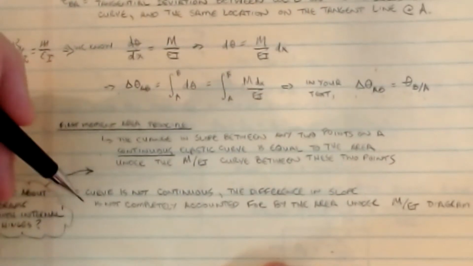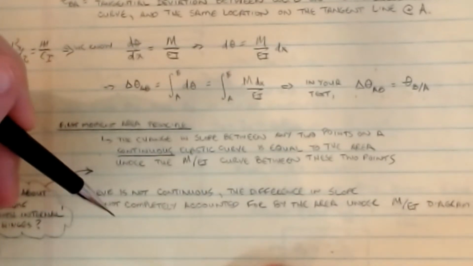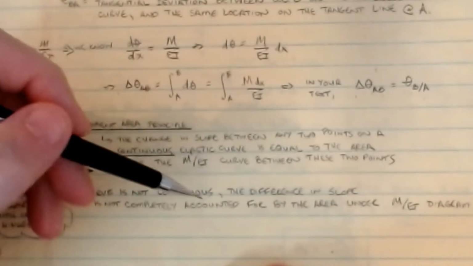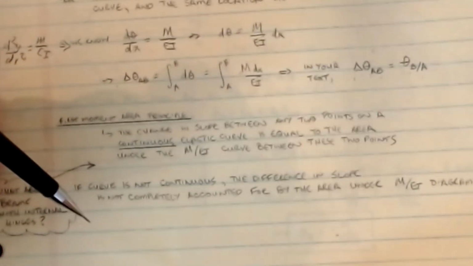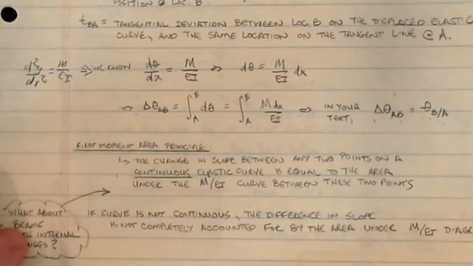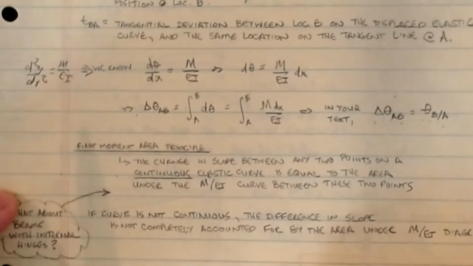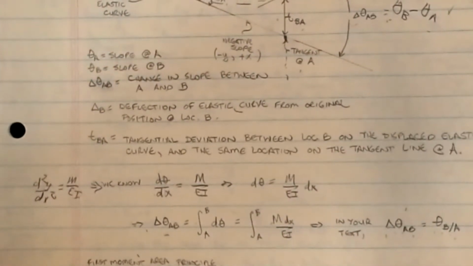Now, if a curve is not continuous, the difference in slope is not completely accounted for by the area under the M over EI diagram. So if we've got something like a hinge in a member, we have to do something a little bit differently, and I have an example for more complex situations. But as long as I can write this moment equation as a function of x, we're in business for being able to play games with the slope. I'll show you how to handle some of those discontinuities and this last point. All right, the second theorem